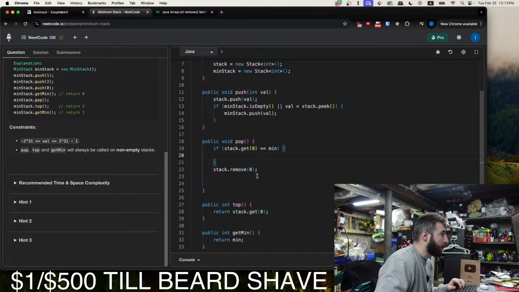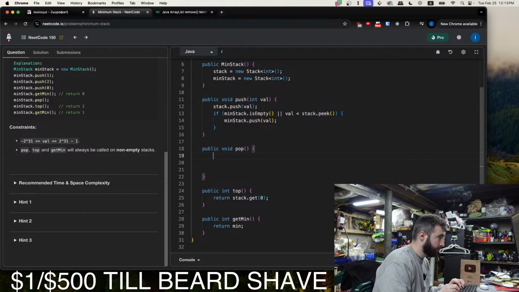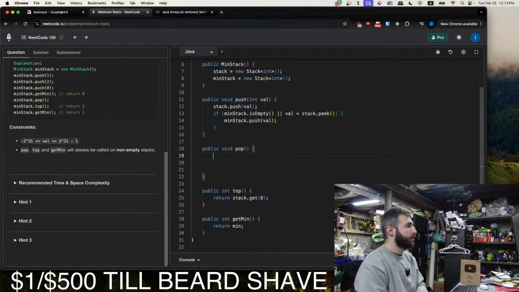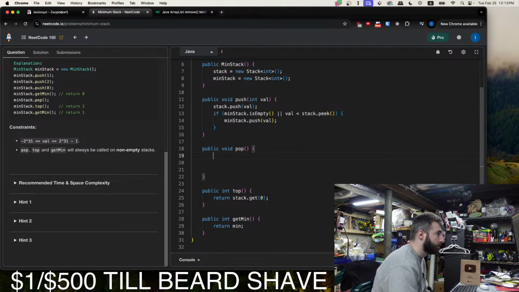All right, so pop. If we want to remove the last element, when we remove this element, we also need to check if it's less than the top element.